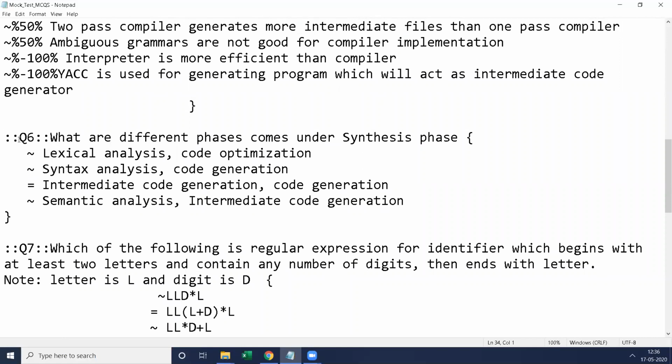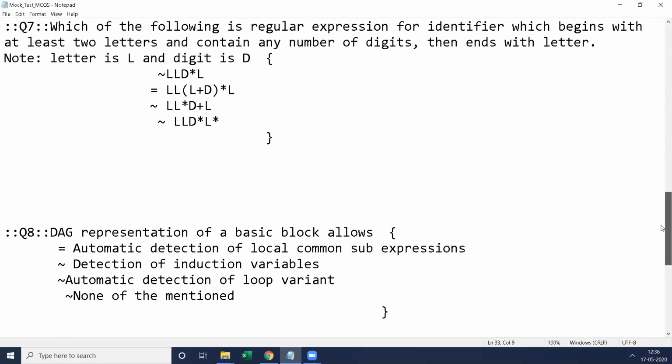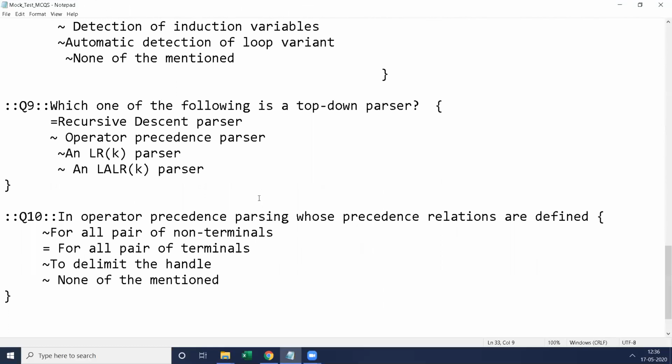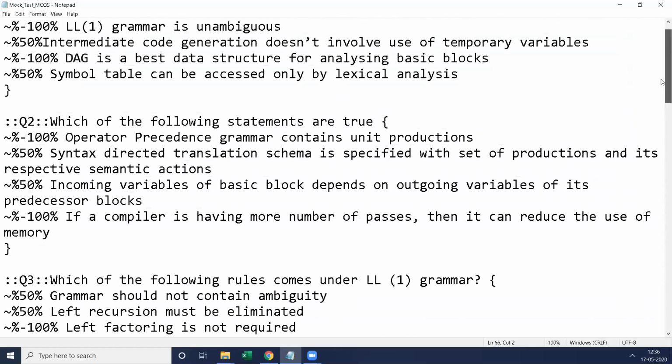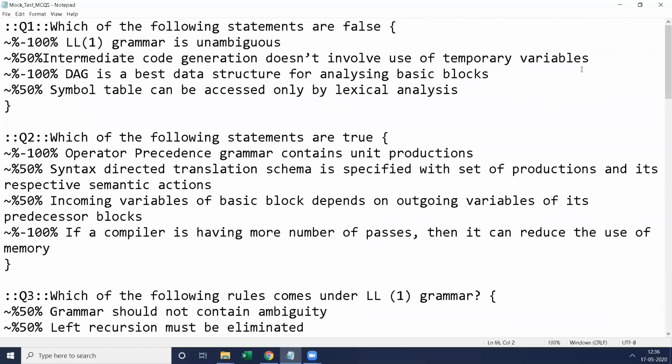From question number 6 to question number 10, I took them as multiple choice questions with a single answer. Now we will go for discussing multiple choice questions with multiple answers.